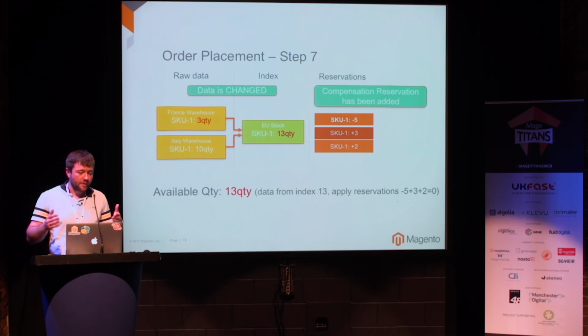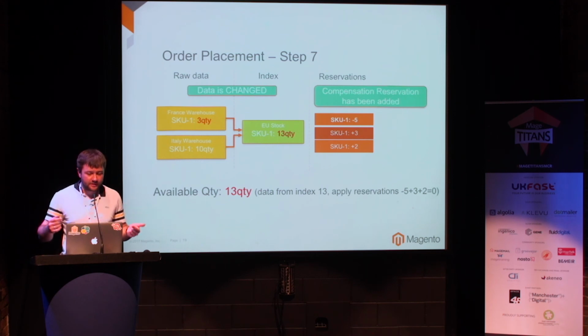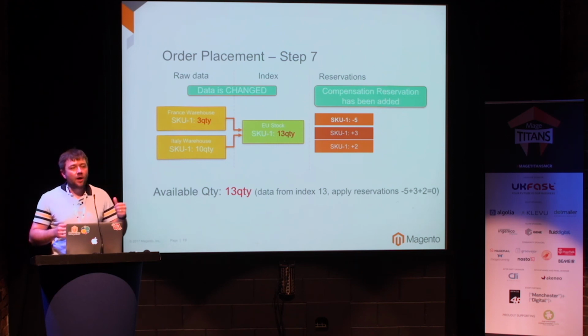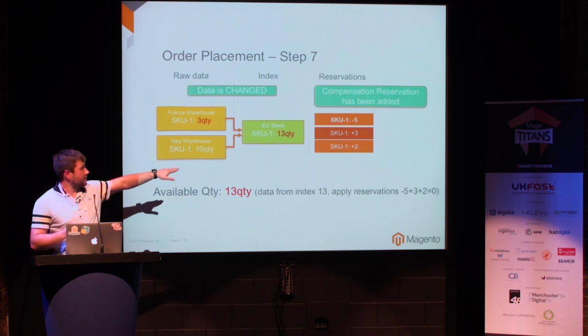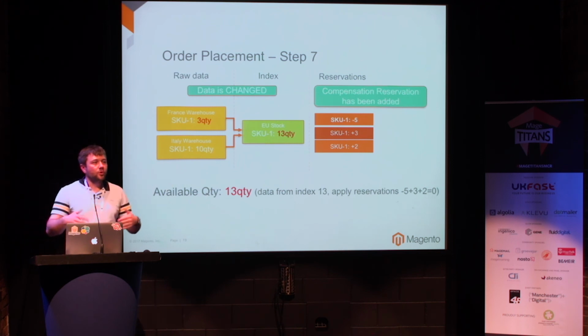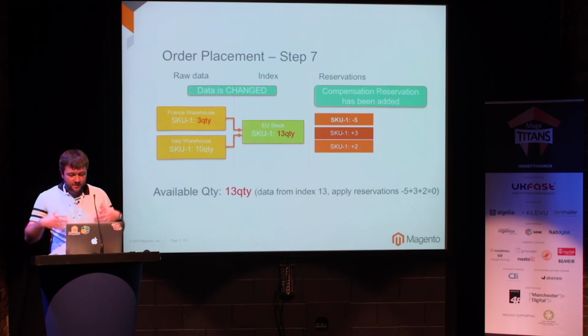After the algorithm run, we, for example, in this case, decided that we need to fulfill the order making the shipping from France. That's why we deducted 2 items out of the France stock and made a recalculation for the whole index for the EU stock. So now we currently have 13. And when we finished our reindexation process, we need to create a compensational reservation, so +2, which is added last, just to prevent